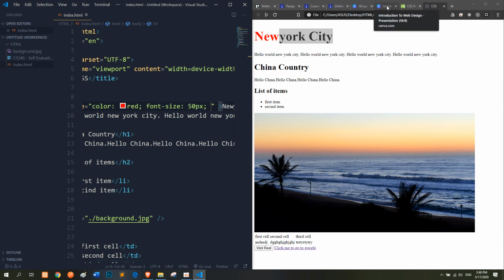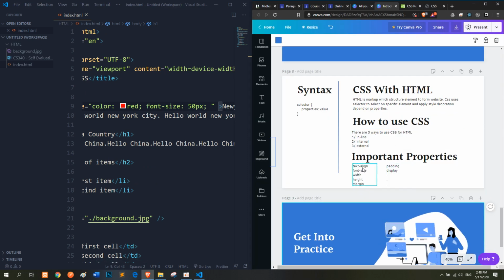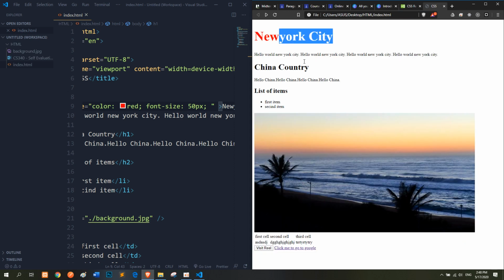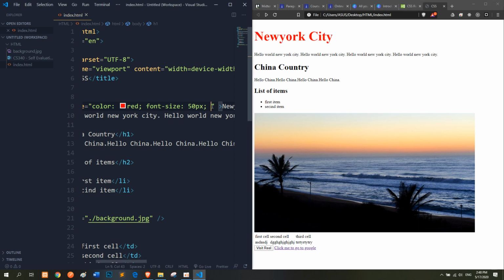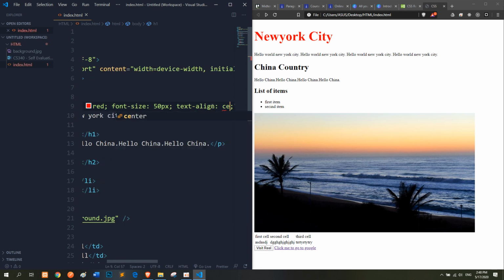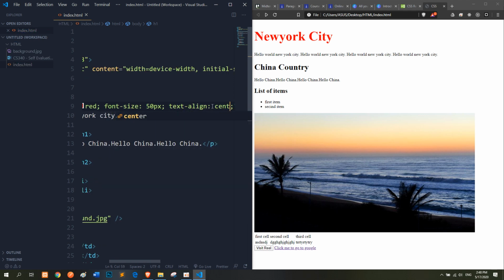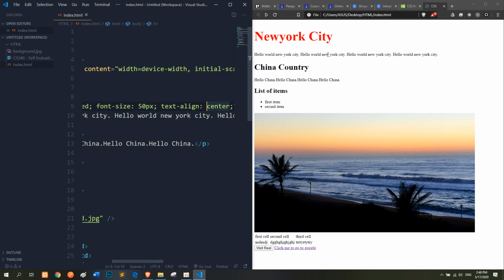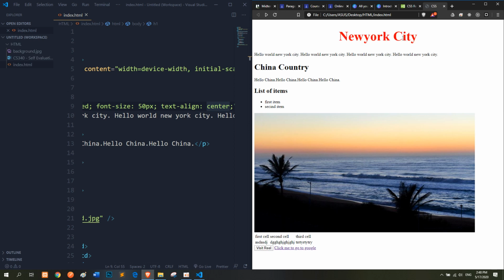Now I go to check the important property, text-align. Okay, so now text-align. Now the text is on the left, but I want the text to be in the middle, so I use text-align, then I specify the value to center. So now the New York will float to here. Boom, it's in the